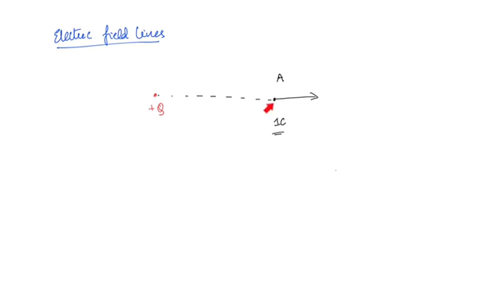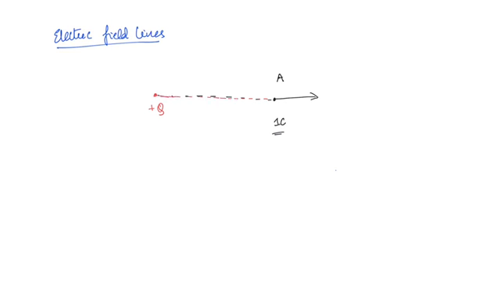Now say this charge is brought closer to Q. The 1 coulomb charge is brought closer to plus Q. What is going to happen? The magnitude of force is going to increase. The repelling force will increase, right? But what will happen to the direction? The direction will remain the same. So anywhere that you place it, the direction is going to remain the same.